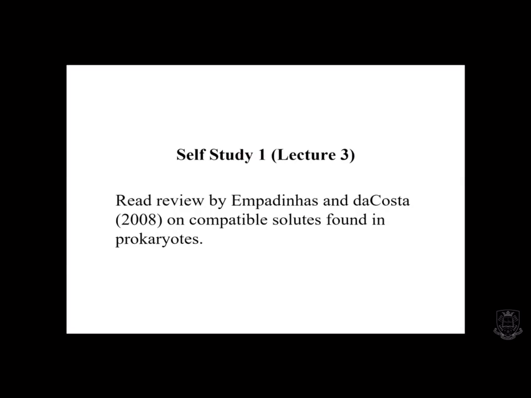So what I'd like you to do is read through that review before next time, and just make a few notes at the end of the notes you've made today, saying a little bit more about compatible solutes, particularly in prokaryotic cells. Refer to handout 2 and see where that fits in to handout 2. He also mentions the unusual archaeal compatible solutes as well. If you just add a few things into your notes, then that will complete the part on low salt in halophiles.